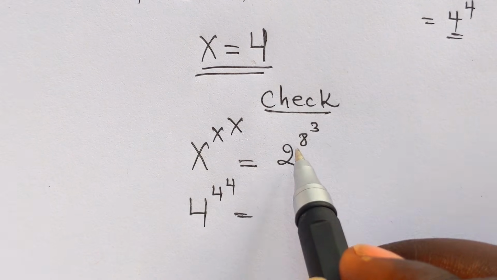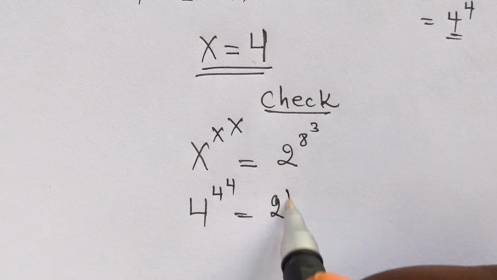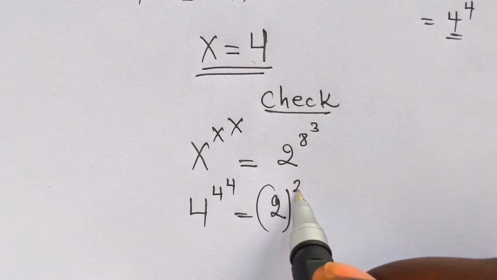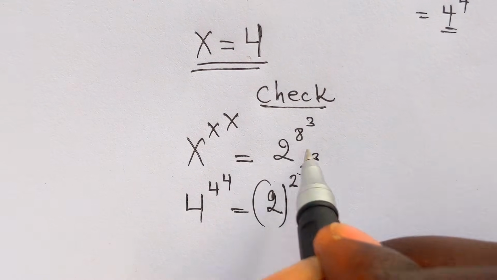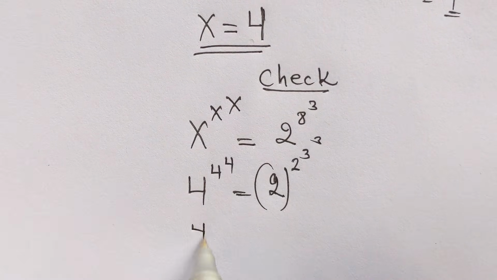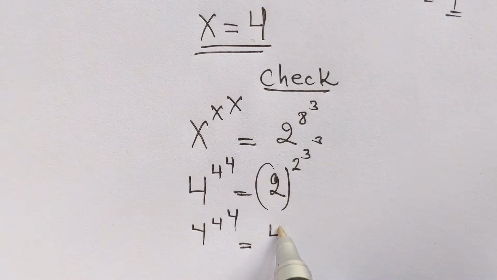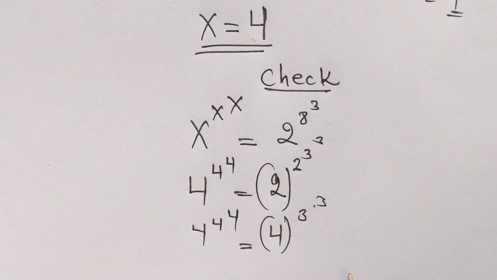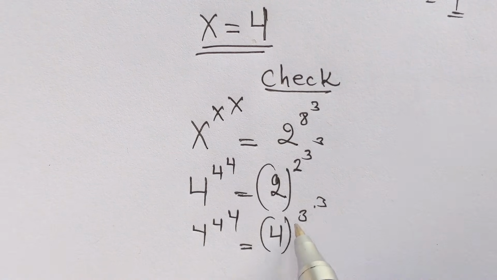Of course this is 2, then power here can be 2 power 3, then power 3, which is equal to 4 power 4 power 4, which is equal to, here we can say 4 power 3 times power 3. And of course when you set this 2 power 3,